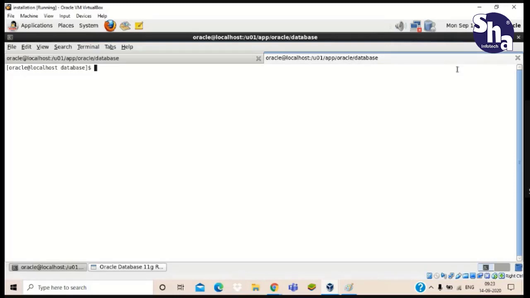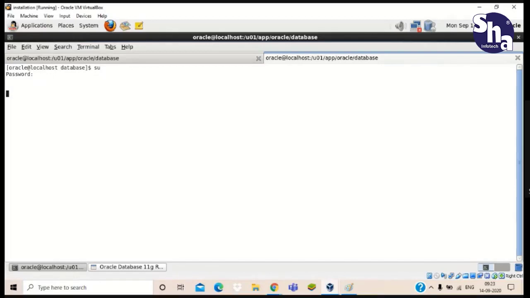To switch, we use the command su, which means switch user. If you use su and press enter, it will ask for a password and you get to the root user.